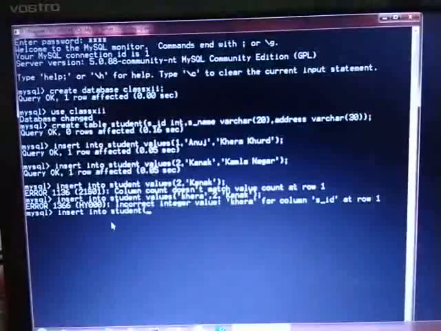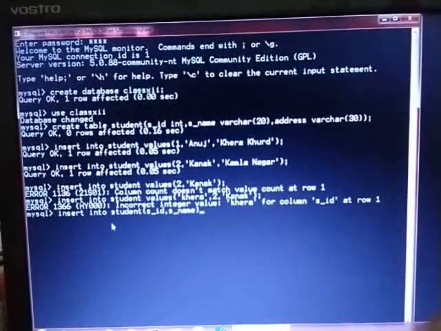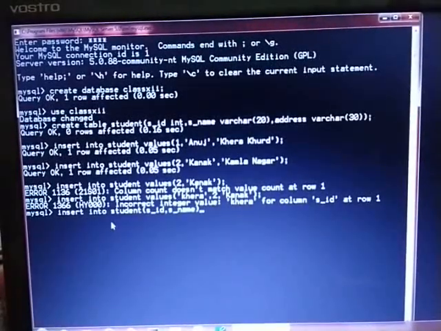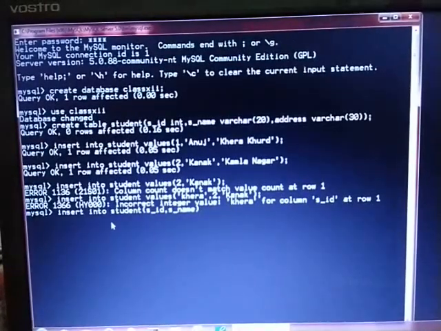Afterwards you have to write the name of the columns, like I have written SID and then S name. Fine. Right now I just want to enter only 2 records. We are having 3 columns right now, no? Out of 3 columns I have to mention the records in the 2 columns only.